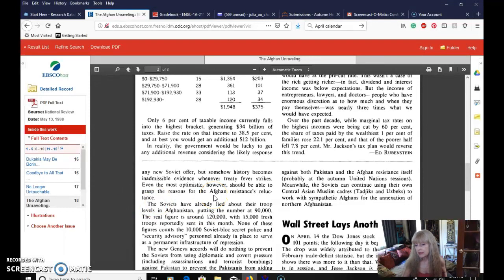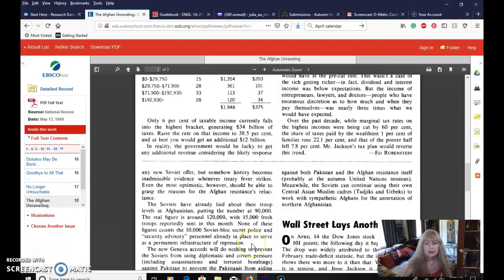Even the most optimistic, however, should be able to grasp the reasons for the Afghan resistance's reluctance. The Soviets have already lied about their troop levels in Afghanistan, putting the number at 90,000. The real figure is around 120,000, with 15,000 fresh troops reportedly sent in this month. Whatever that month is, which was May, okay?